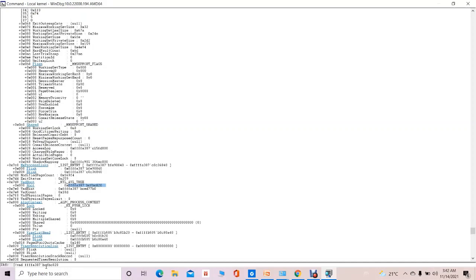So this apostrophe symbol we have to take out to get the entire 64-bit address. Now this is nothing but the VAD root node address, which is at the top of the hierarchy of the VAD tree structure. Now just click on this command. We have to use the vad command. By using the vad command, we are going to get the entire VAD tree structure.